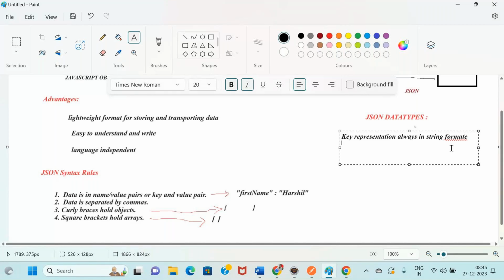Then next thing, the values type will be as below. What are the applicable data types for values?